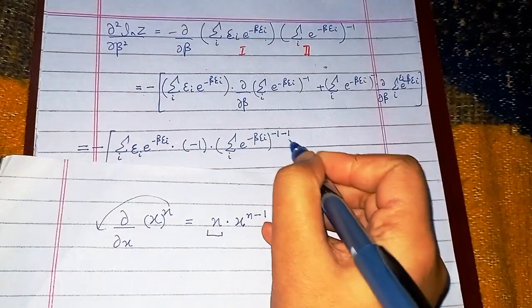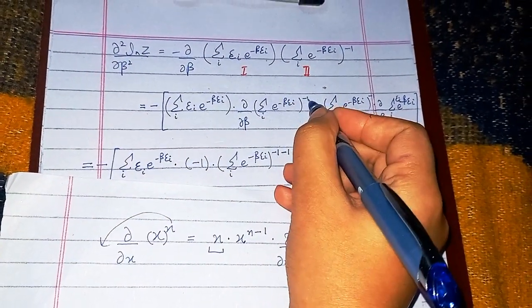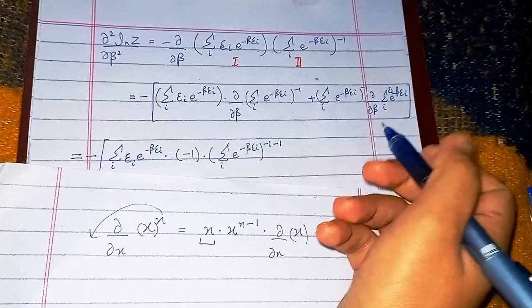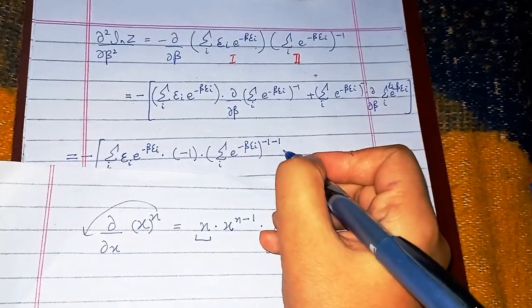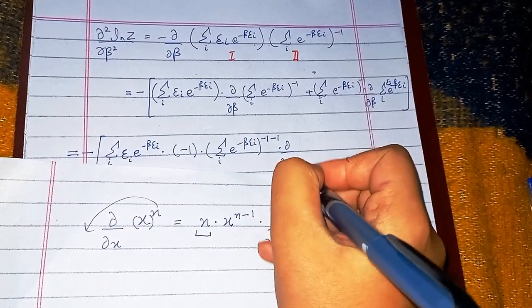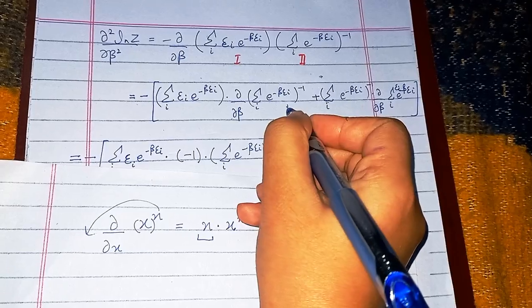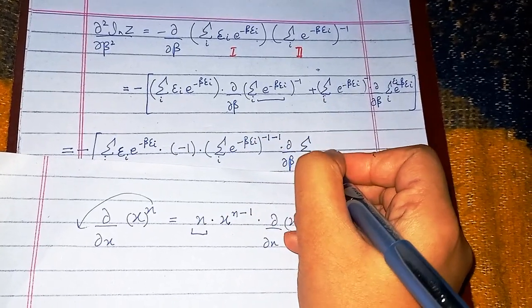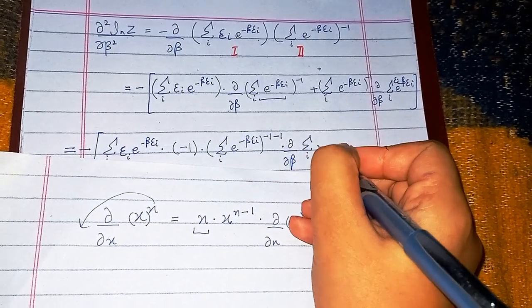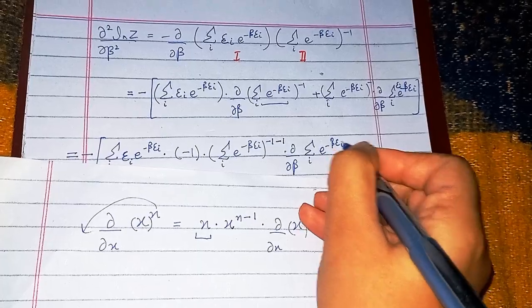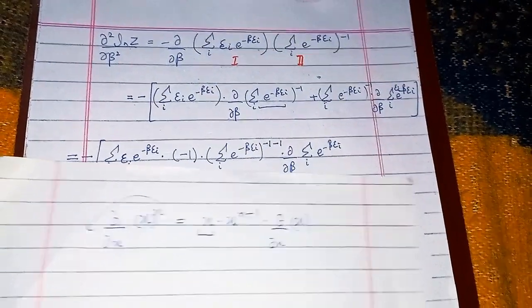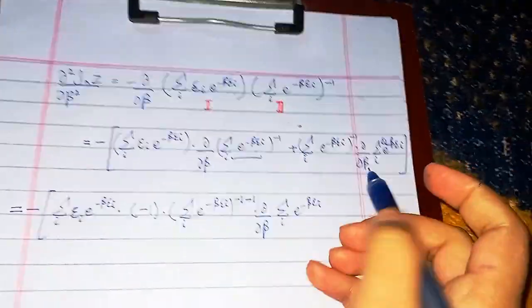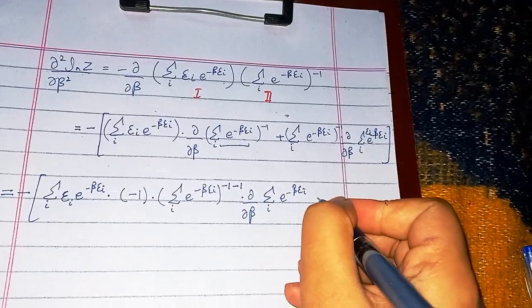Whatever the power is, here the power was -1, so it will always be reduced by one, dot derivative of the inner term. What is the inner term? The inner term of the power is this whole term, summation over i of e to the power minus beta ei. Okay, this is the derivative of the power term, and plus